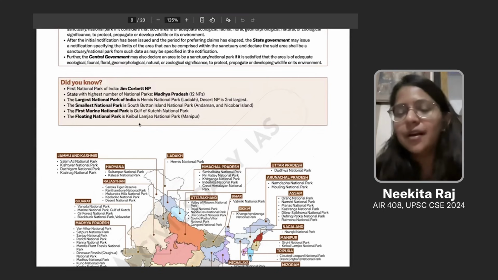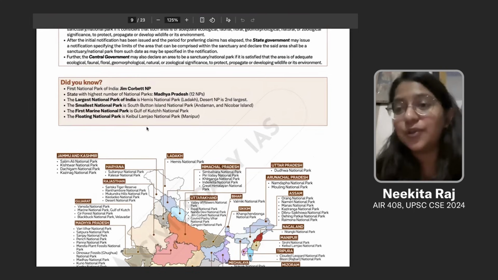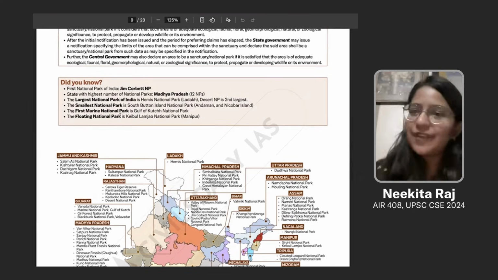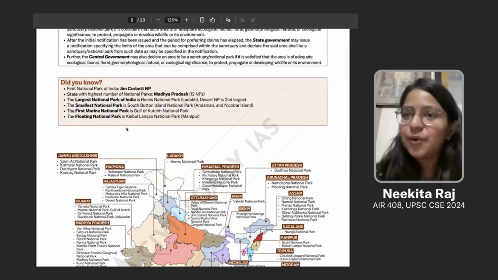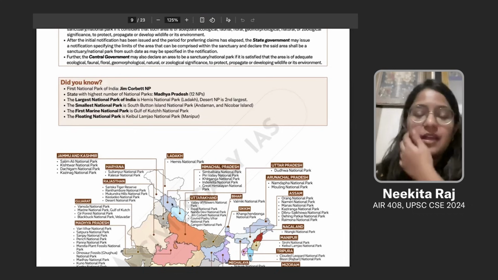Do you remember the Classmate copy which we used to have in our school, and at the back they used to do this did you know section. It was very interesting. I used to find it very interesting. So it's kind of like that, you can just check whatever you know and see how important it is for us to know all these things.